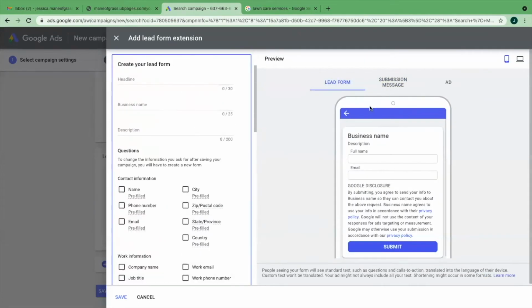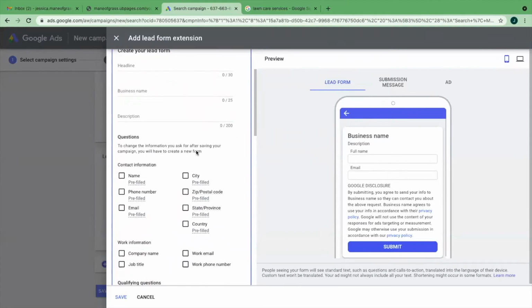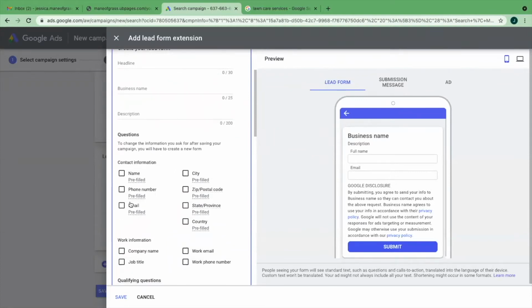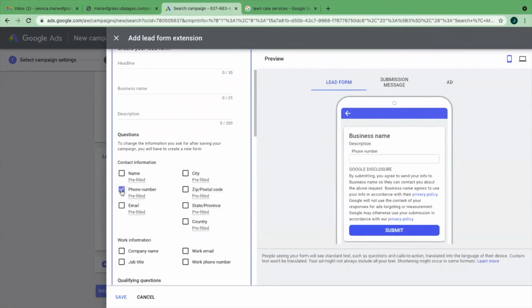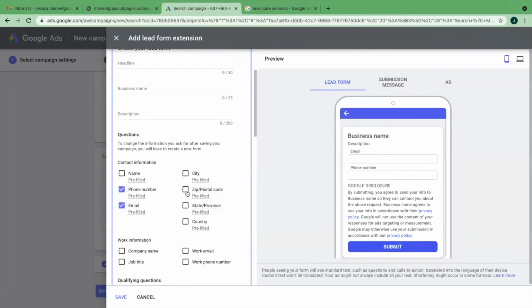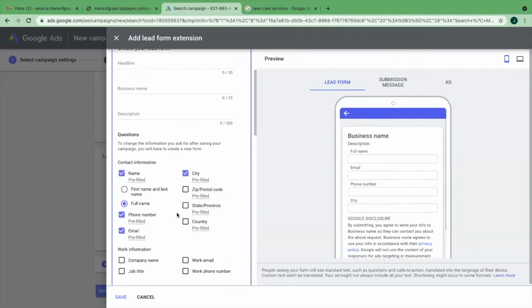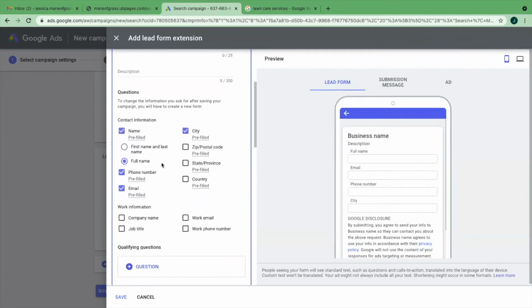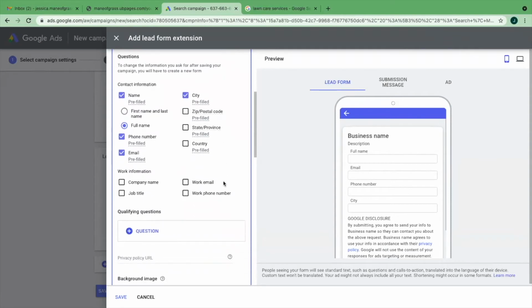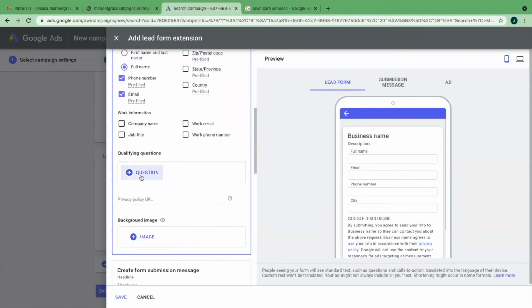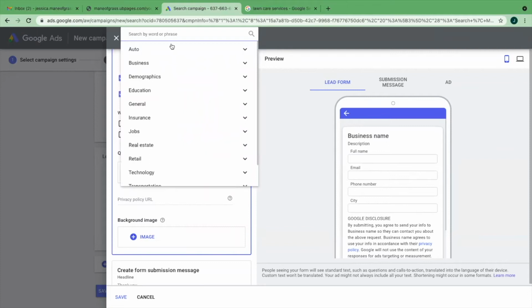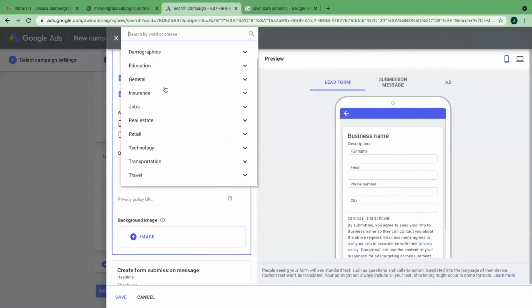Here's the lead form if you click on this, and then you can add all these different fields. So if you did want to add a phone number, email, maybe get some information on where they're located, definitely want their name. Basically, these are all the information that you can have them fill out on the form. You can add a question. Let's see, what if we want to go to